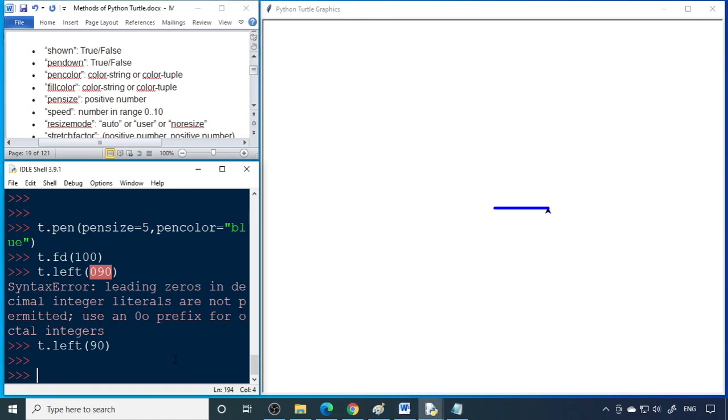We want to take the cursor up, but we don't want to draw a line. In that case, t pen. This time pen size, make it 10. Then pen color, so it becomes red.